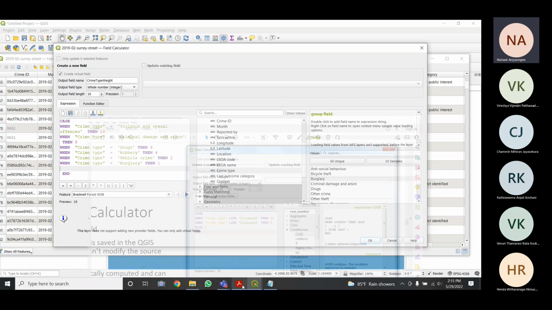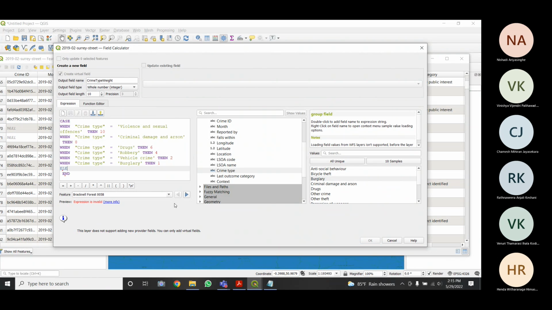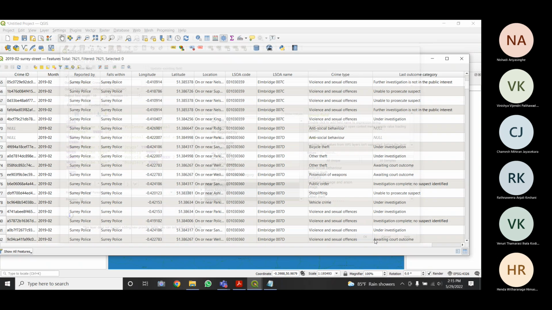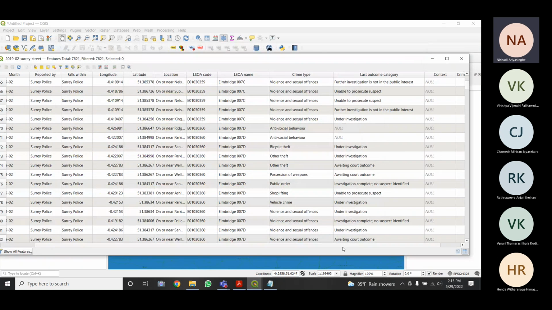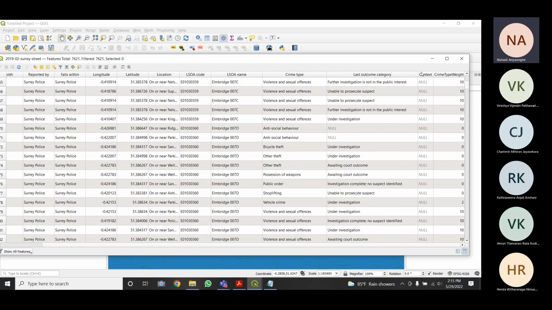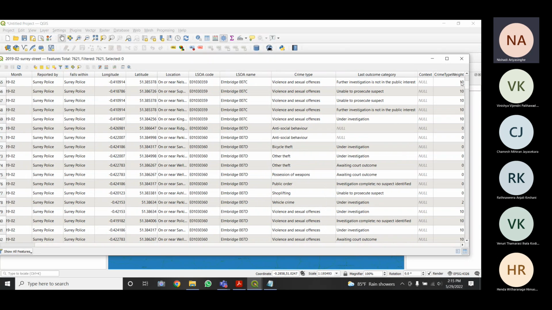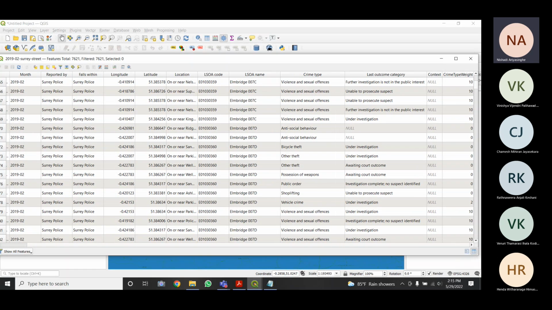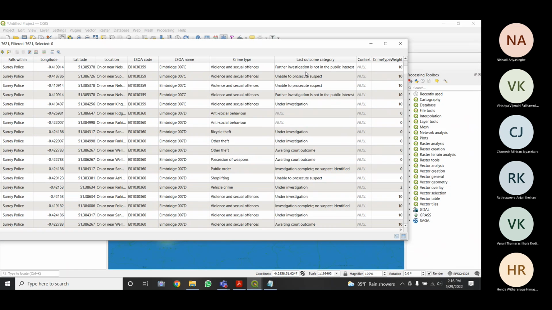And I'm going to finish my statement. So all the others, else, everything else is 0. Okay, so I'm going to click on OK. And if I move on to here, you can see the crime type weight. A new column has been created related to the crime type, right?